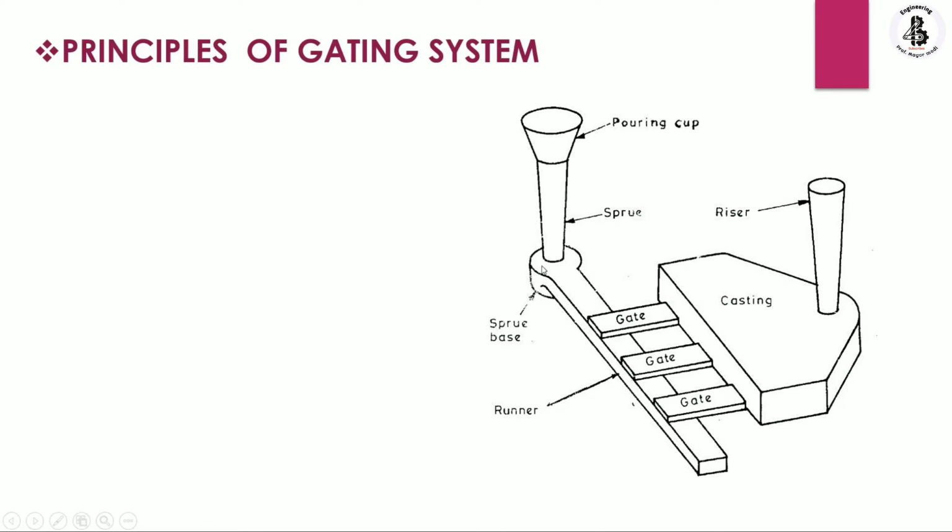So all the molten metal first collects into the pouring cup, and with the help of the sprue, once again it is collected at the sprue base. The sprue base is connected with a runner. As per my shape and size, this runner is designed and connected with the different gating systems. Here the size is larger, so three different gates are arranged for easily pouring the molten metal with the help of the pouring cup, sprue, sprue base, runner, and gates towards the casting, or you can say cavity.